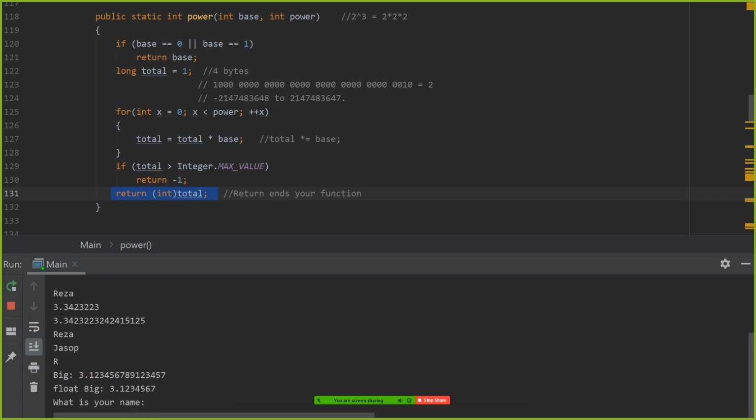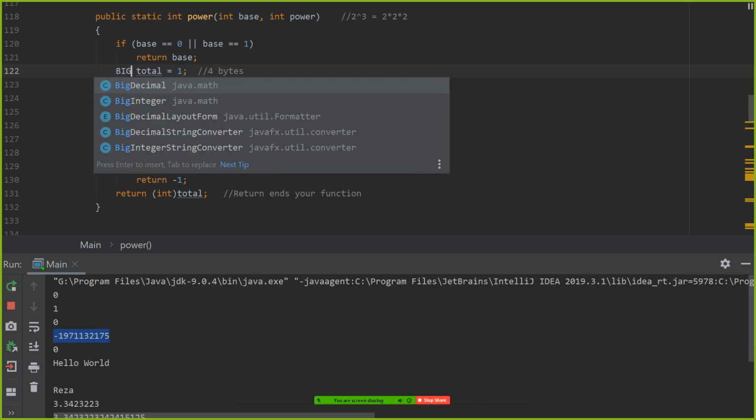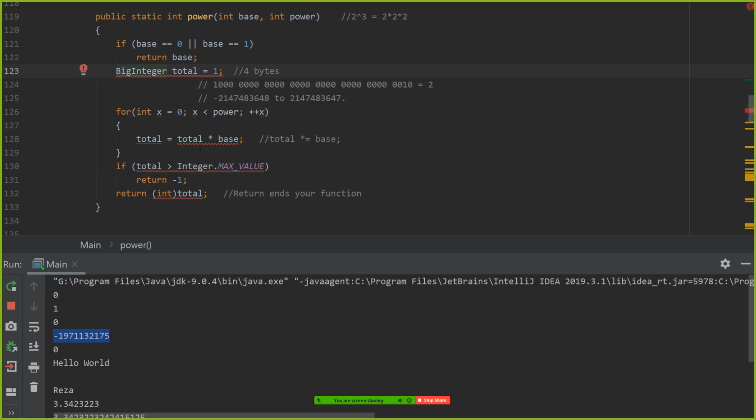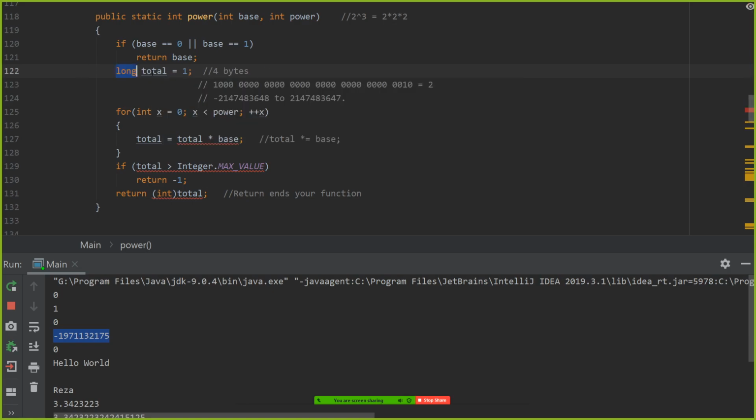So now, you should see that this one actually didn't do what we were expecting. Total is bigger than, so why is it not giving it there? I guess we also went over the amount allowed inside long. Let's do something big integer. I don't want to go so far. No, okay, we're going to ignore all of this. But just understand that this Integer max value is a helper class that allows us to